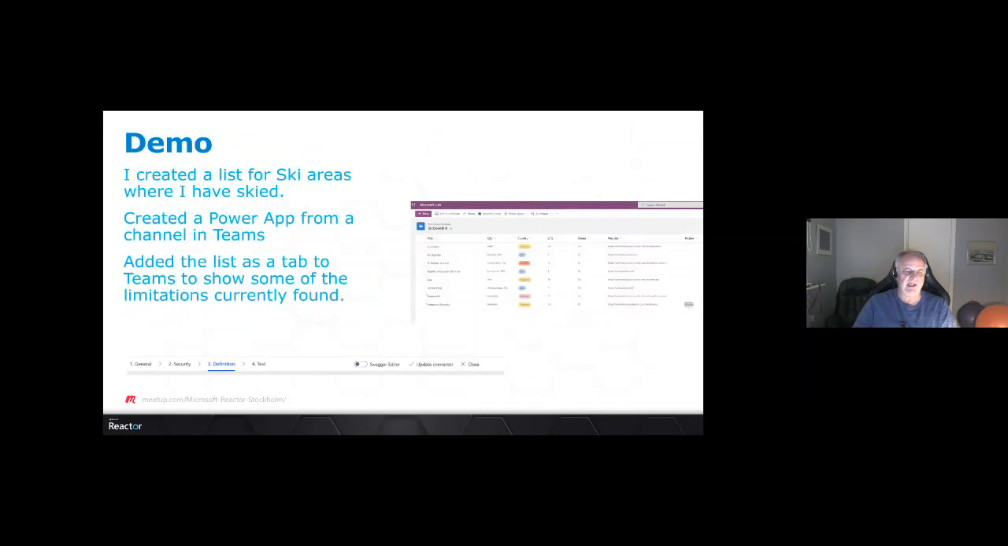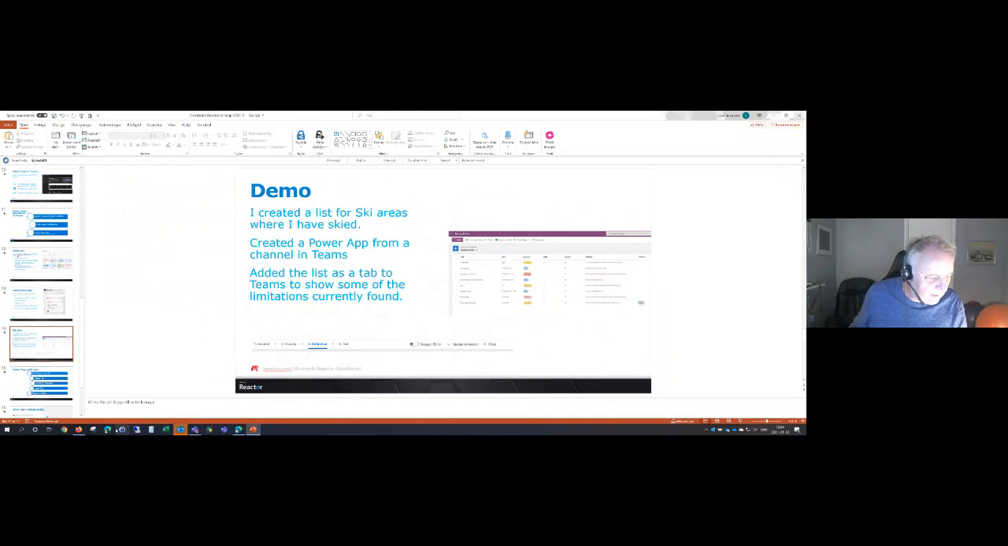One of the demos, I created a list for ski areas, for some of the ski areas where I've skied. Like I said in the beginning, I am a passionate skier. I created a Power App from a channel in Teams. I added the list as a tab to Teams to show some of the limitations currently found, and that was really the thing that I did. So hopefully, keep your fingers crossed. I keep mine. We will be able to look into the